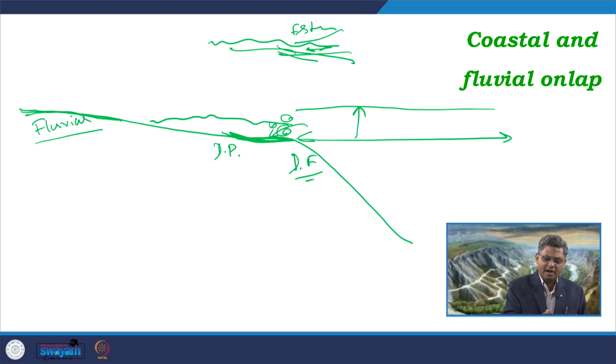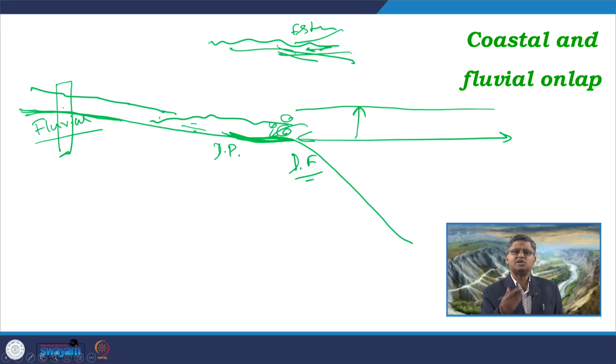And the earlier fluvial system which was starting from here, maybe somewhere here, which was preceding the area of delta plane. So, in that area what we can expect, the fluvial system is now further going back. So, on the fluvial area we are getting fluvial system overlain by fluvial part, but the nature of the fluvial deposits will be different because now the base level is further higher, leading to decrease in energy of the fluvial system. This we will discuss later on in more detail.